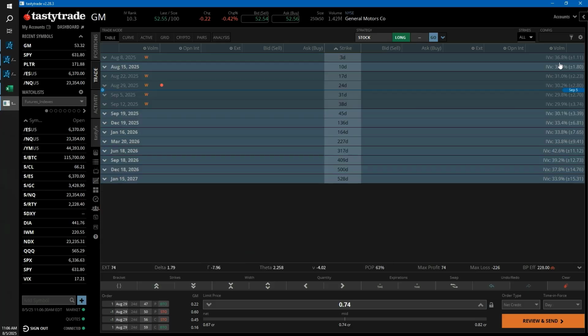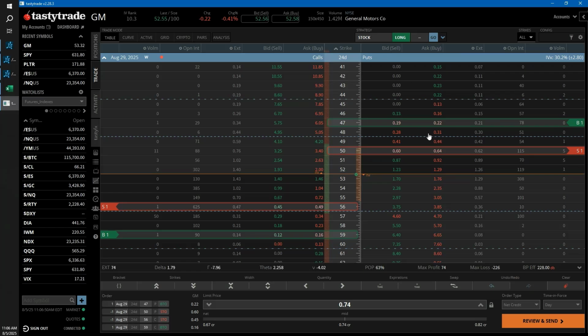And when we take a look at where we sit for this week, 36, 32, which is a little bit down next week, 31 on the 22nd, and 30. So I've got declining implied volatility trend here as we go into the dividend,